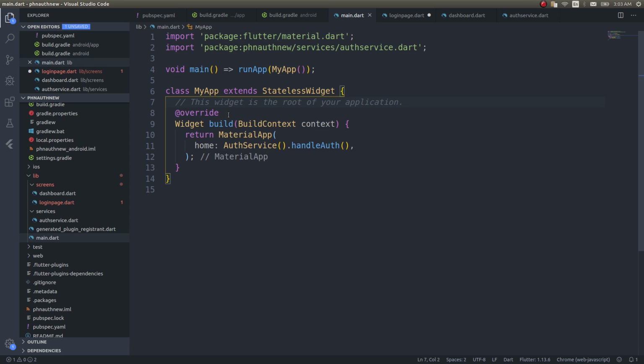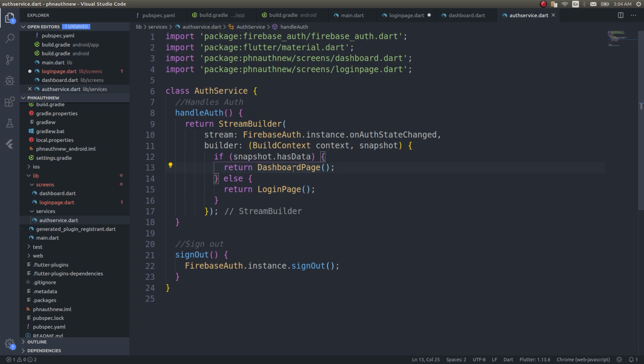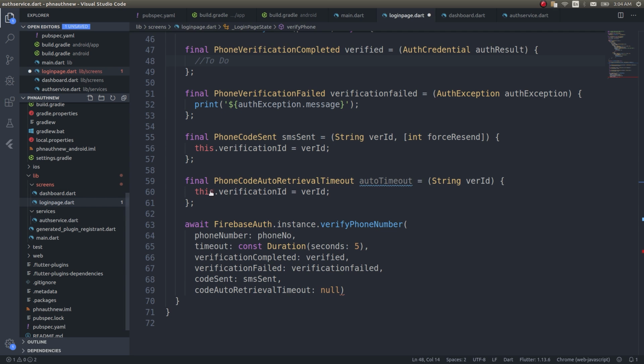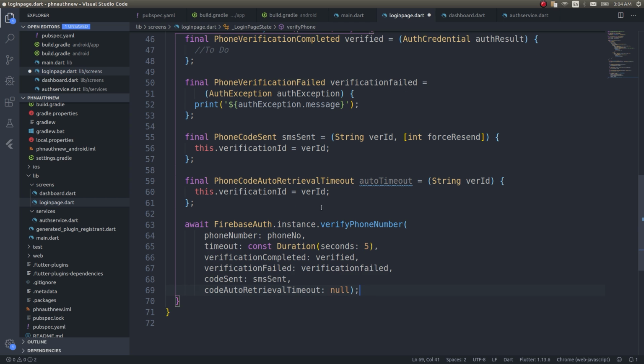Fine. You understand what's happening here, right? For the home page, I'm simply adding this handle authentication function, which will return the dashboard page if the user is authenticated, or it will return the login page if he is not. The login page is nothing but the page that contains our code that we use for phone verification. So now all we need to do is simply call that function, auth service dot